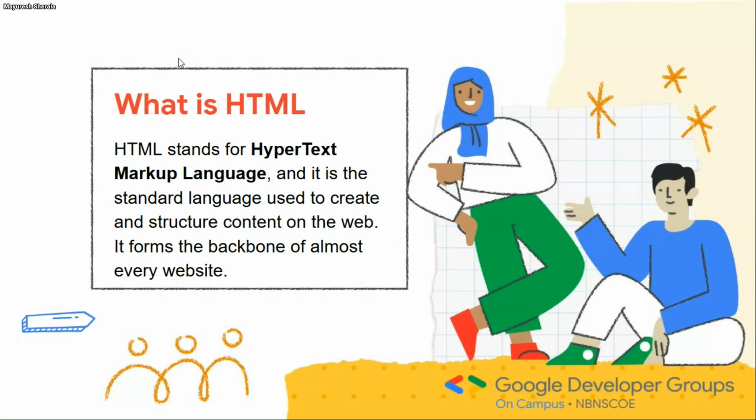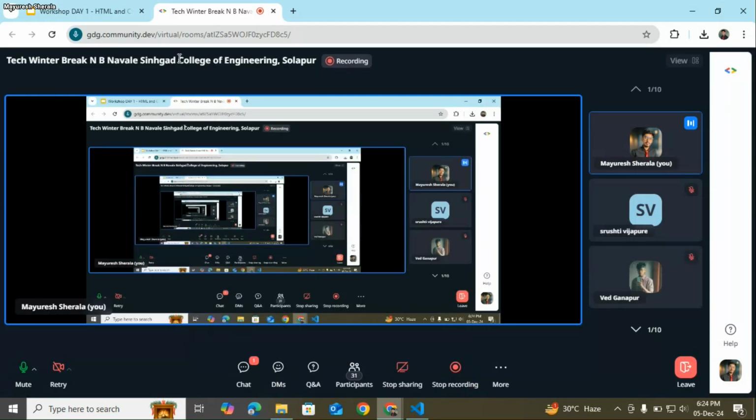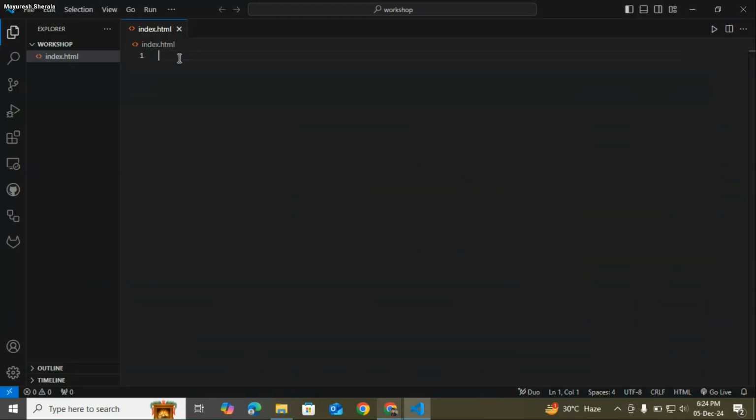Now, first of all, what is HTML? HTML is the HyperText Markup Language, which is used in many websites. It is the standard language for building websites, and it is also called the fundamental backbone of a website. To start coding with HTML, first of all,